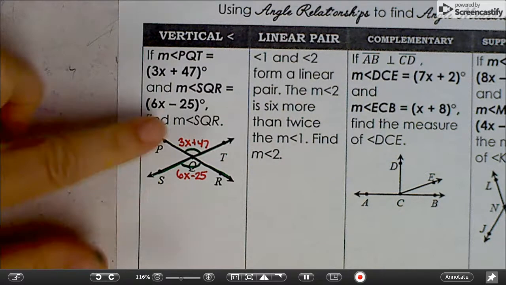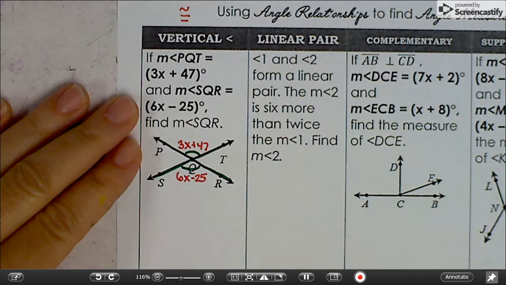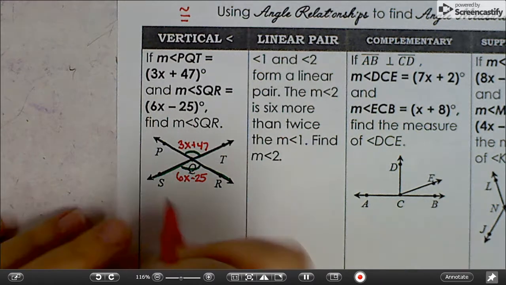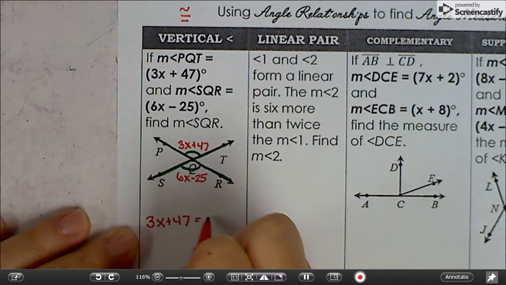And what do we know about vertical angles? They are congruent. So we need to set these equal to each other. 3x plus 47 equals 6x minus